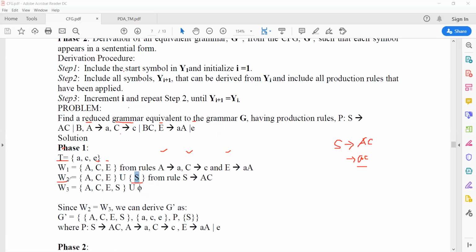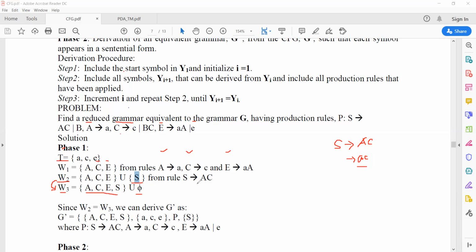You continue until you don't get any new non-terminal. So you increase I; I becomes 2 plus 1, that's W3. Now you continue step 2, so you get W3, and W3 is W2 union phi, if you do not have anything new.